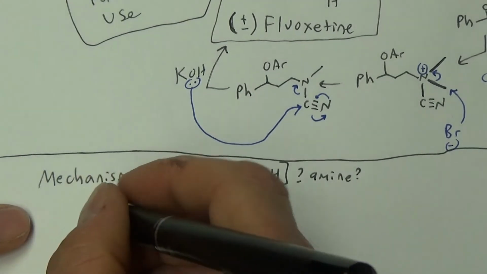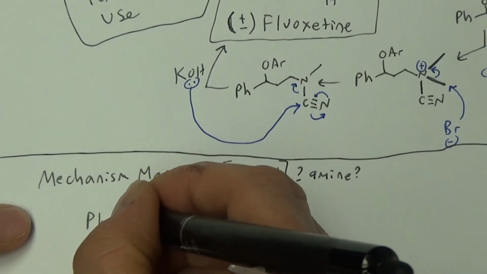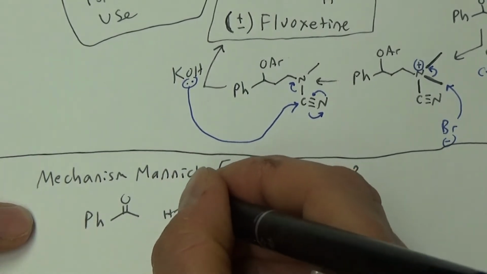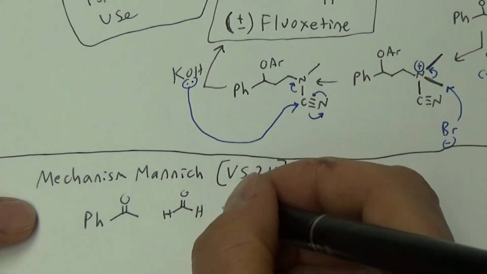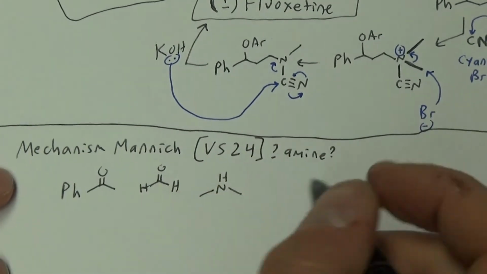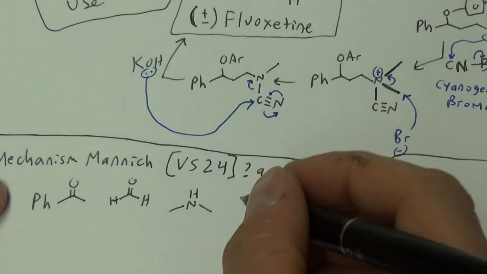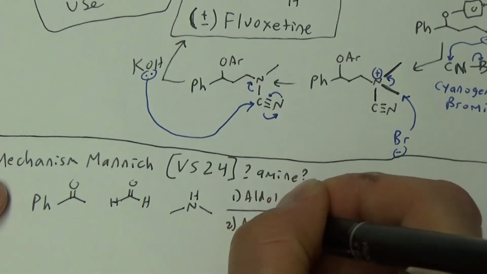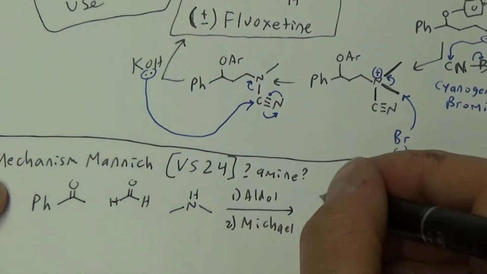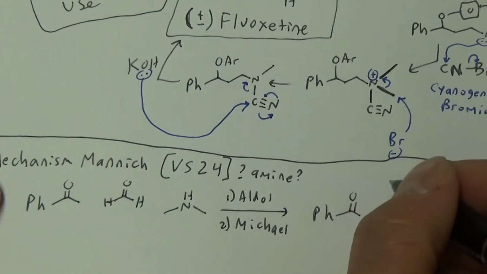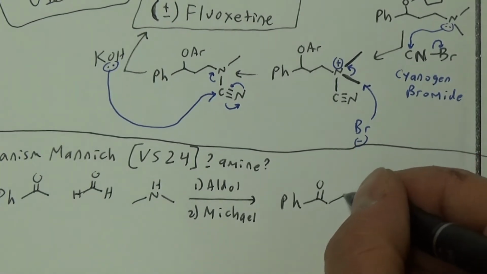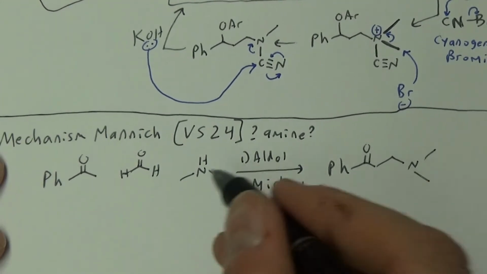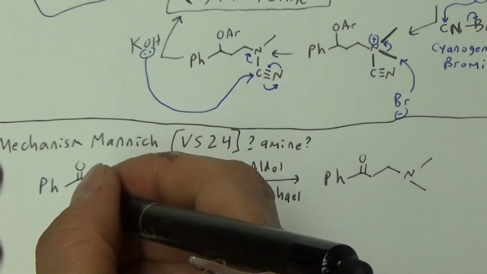Okay, so what is it? Basically we're taking the ketone. We're reacting with formaldehyde also, which is just formaldehyde, and dimethylamine. Okay, kind of mix those things up, and it's essentially going to be an aldol followed by a Michael. I'll show those steps. And that gives us a ketone and two carbons, nitrogen, methyl. Okay, so just kind of all of that stuff attaches. Okay, so anyway,